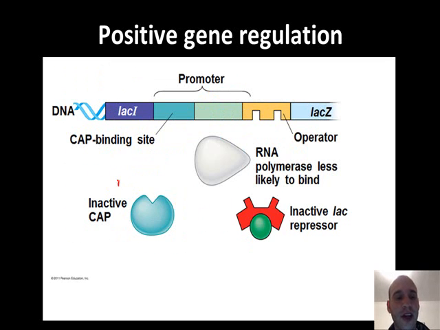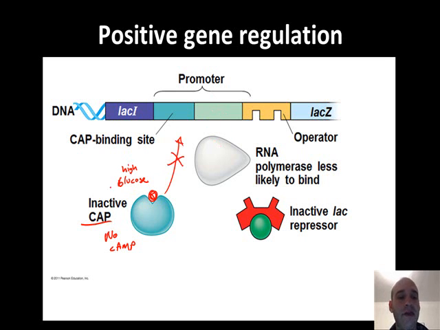And so you can see this when there's a high amount of glucose, you don't really need to use lactose. If that's the case, now there's no cyclic AMP. And if there's no cyclic AMP binding at the catabolite activator protein, it is inactive and will not bind to the promoter. So RNA polymerase will still bind, but at a lower rate, and you're going to make these genes at a much lower rate. So this is an example of positive gene regulation,